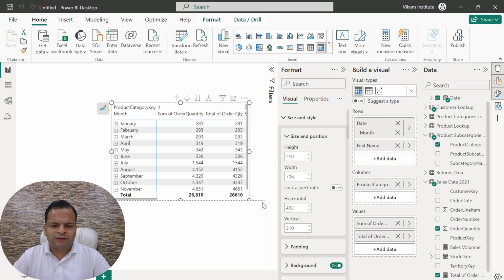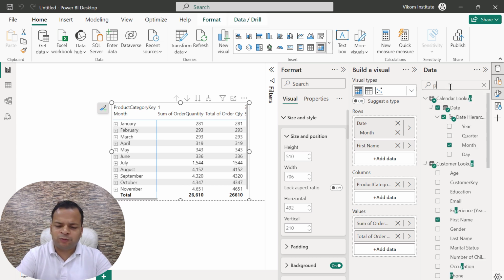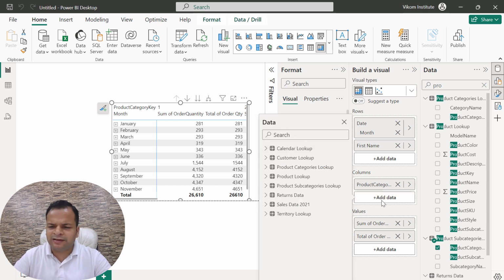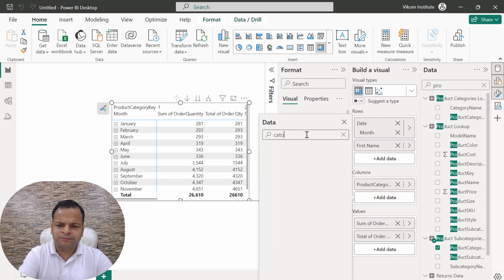So if we are moving one step further, you have seen that we can add a measure, we can simply drill down our data in matrix form. We can drill down our data in columnar form also. Let's say here we have one and two subcategory. Now let's say I'm adding something else in it. Let's say I am adding product or category name in it. Let's say category name I am adding here, manually clicking here and category name.